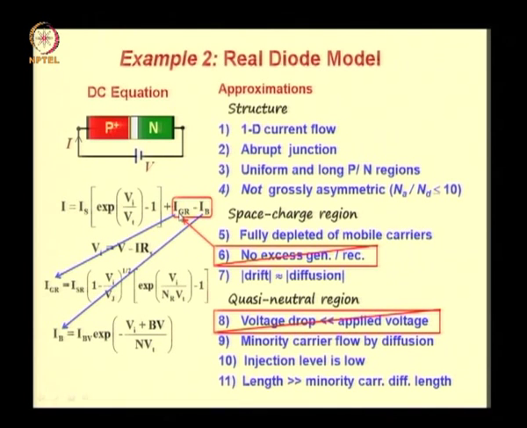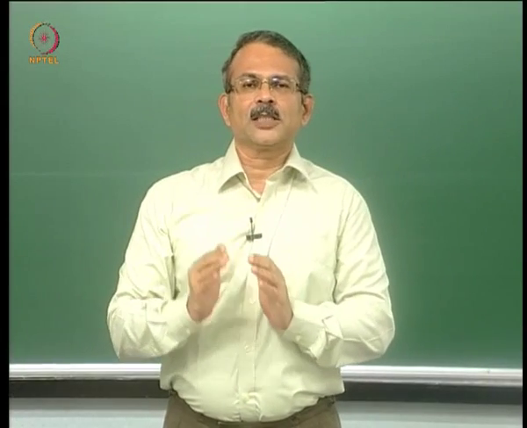The thermal generation recombination current is given by IGR equal to ISR, which is the reverse current due to generation recombination, multiplied by 1 minus the internal voltage, that is the voltage across the space charge region, divided by the built-in potential of the junction, that is Vj, multiplied by exponential of Vi divided by NR VT, where NR is an ideality factor related to generation recombination, minus 1. I would like to emphasize that here we are using the symbols employed by the SPICE diode model.